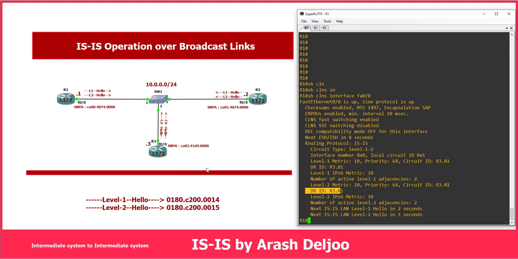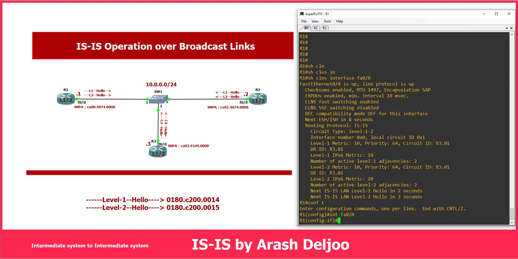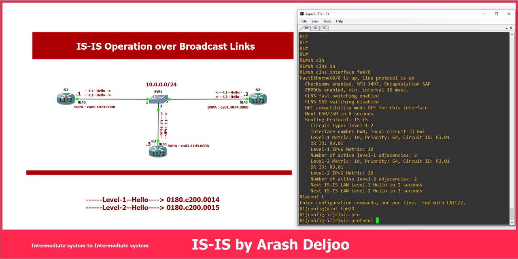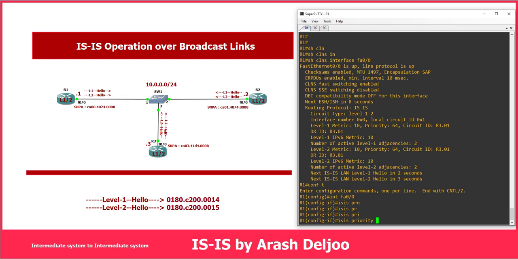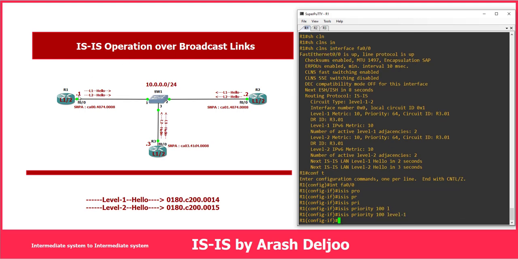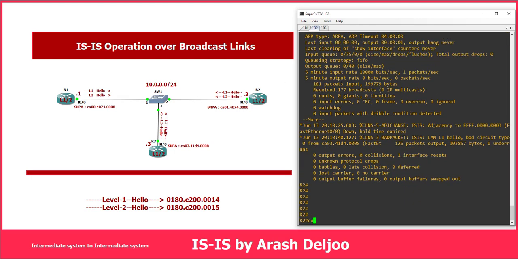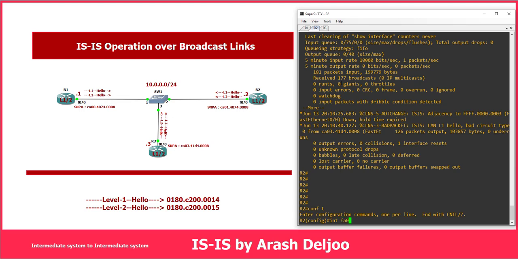It is not important for this scenario, but let me show you once. For example, I'm going to configure router 1 as the DR for level 1. It's so easy. It's sufficient that we go to interface FastEthernet 0/0. I'm using isis priority, and then using a priority of 100 for level 1. This is the level 1 priority of router 1. And also in router 2, I'm going to use conf t, interface FastEthernet 0/0,